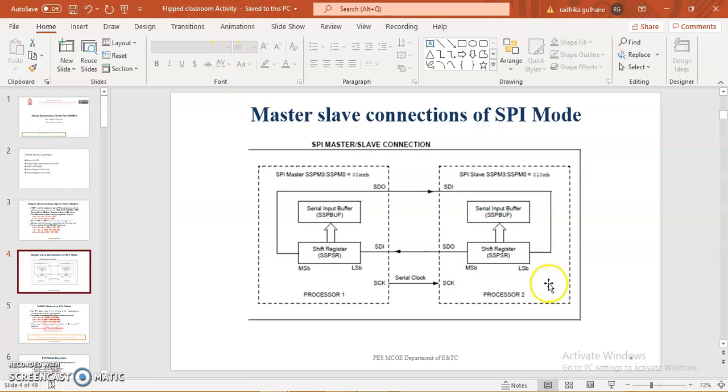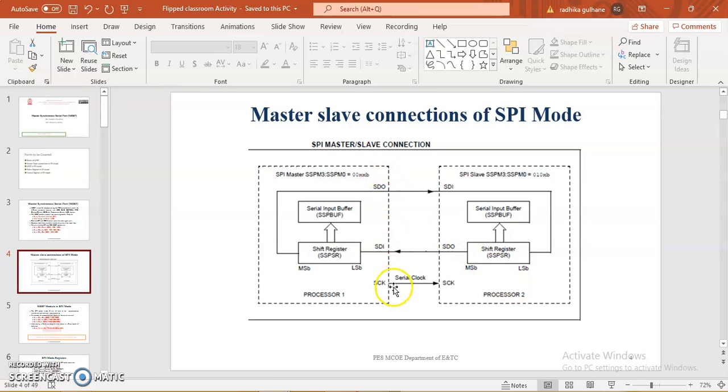So it operates either in a slave mode or in a sleep mode. When it is in slave mode, the external clock is supplied by the external clock source on the S clock pin. This external clock must meet the minimum high and low times as specified in the electrical specifications. Now, when it operates in sleep mode, the slave can receive the data. When a byte is received, the device will wake up from sleep.